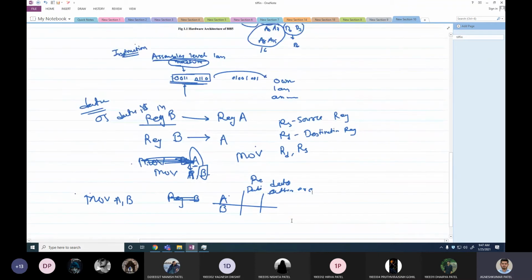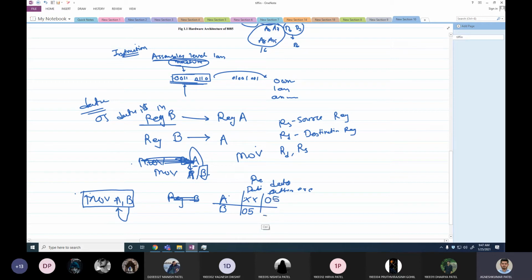So what was my previous data in register A? I don't know the previous data, so I'll write XX. But I know the previous data of register B was 05. Then I have instructed 8085 to do this task, move A comma B. So what does this instruction mean? Transfer the content of register B to register A. After execution the data would be updated, so register A would have the number 05.